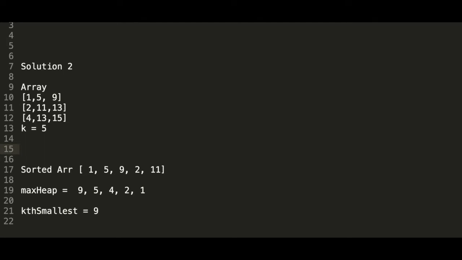Here we will insert each and every element into this max heap. We'll iterate from here, insert 1. When we insert 5, since it's a max heap, it will keep the max element at the top. Then we'll insert 9, we'll insert 2,